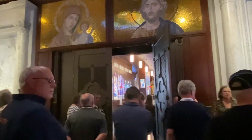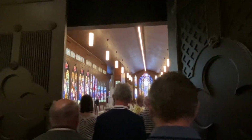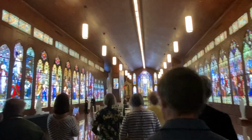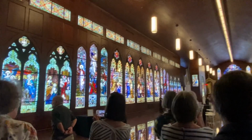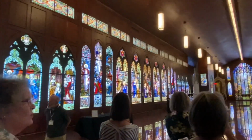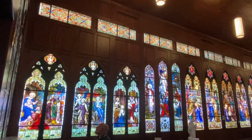How come the lower part of his left leg is different than the right leg? So that's supposed to be the idea of perspective, to make it look a little bit farther away. But also with stained glass, what was used to create that color, it gets to still react to sunlight, water,